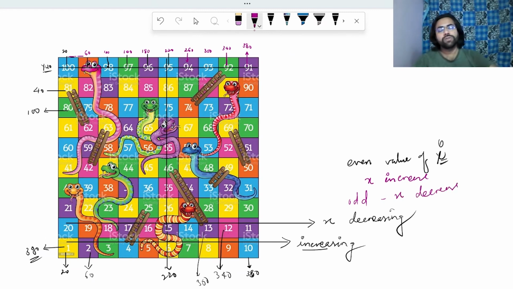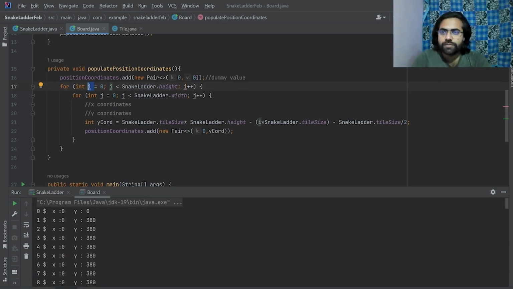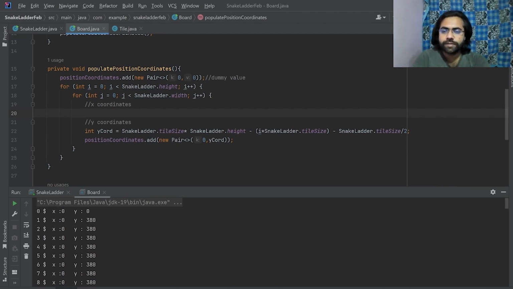So we can use this to calculate. Let's go ahead and add some logic for the calculation of x as well. So let's say, after y coordinate, int x coordinate